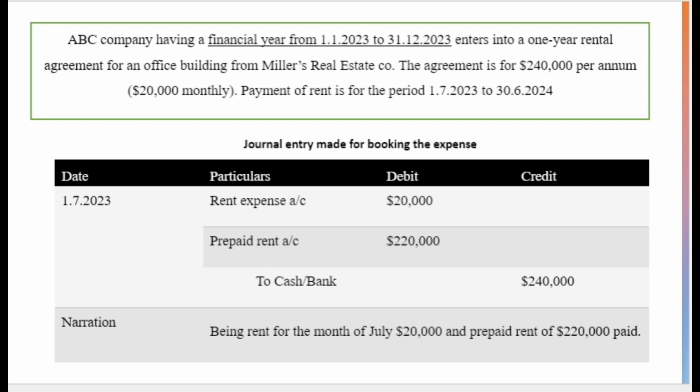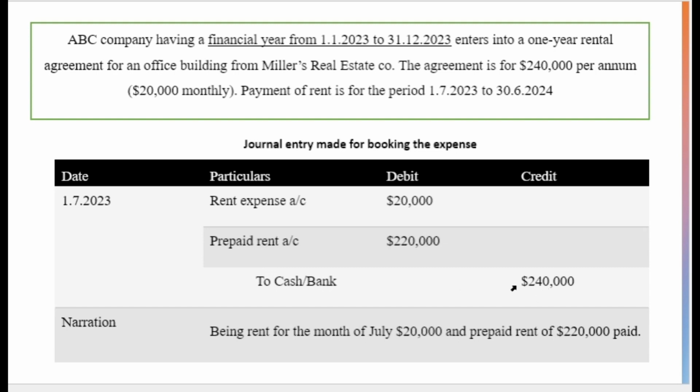So unused rent will appear in the prepaid rent account. That is $220,000, and to cash or bank, whichever mode of payment the company chooses, either cash, bank transfer, or check. You can mention cash or bank. If it is bank, mention which bank your company is using. To bank, then